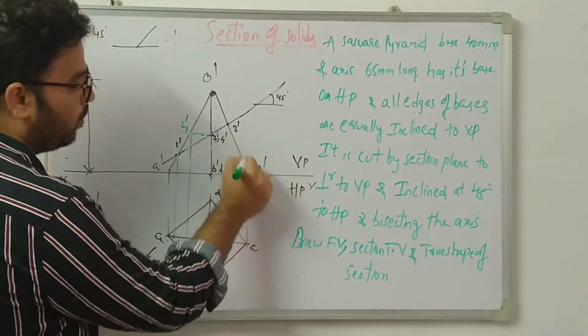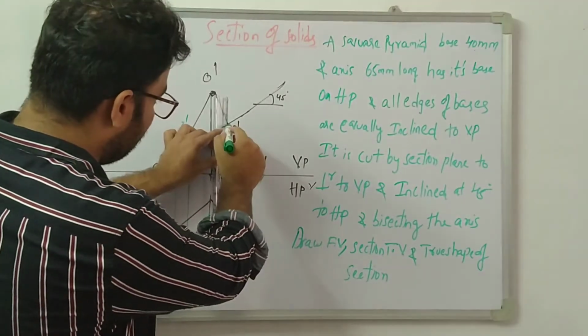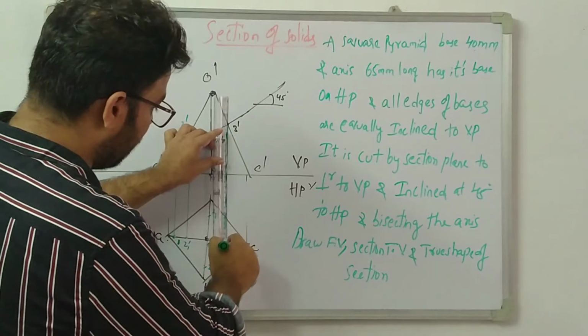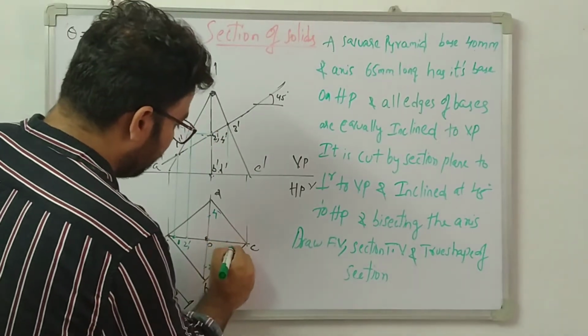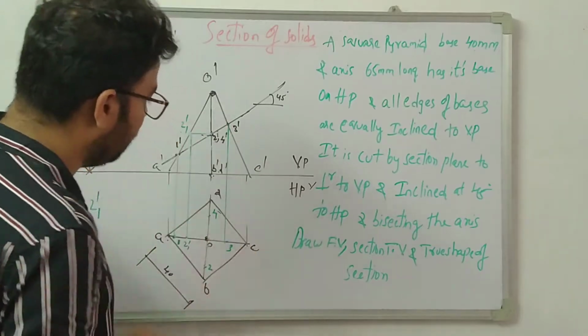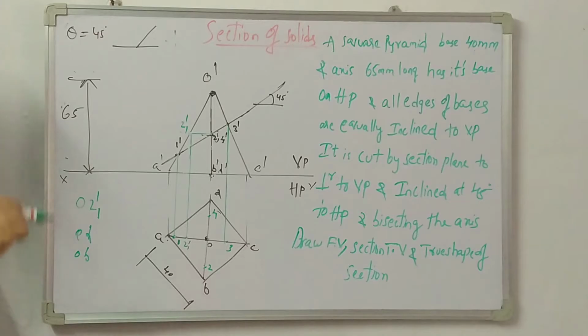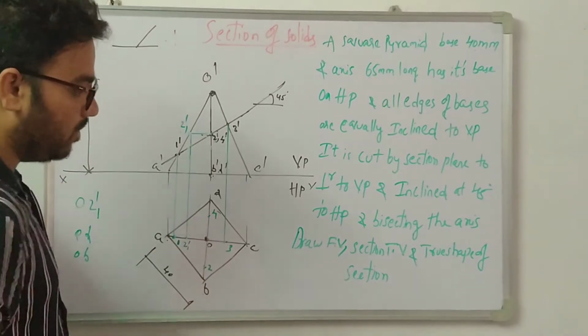Okay, now I got these slant edges. Now what about the 3rd point? Simply project the line vertically downwards. I projected it, I got this point, that is my 3. I am simply projecting very lightly. This is the point I got. Now draw the shape of the given diagram.